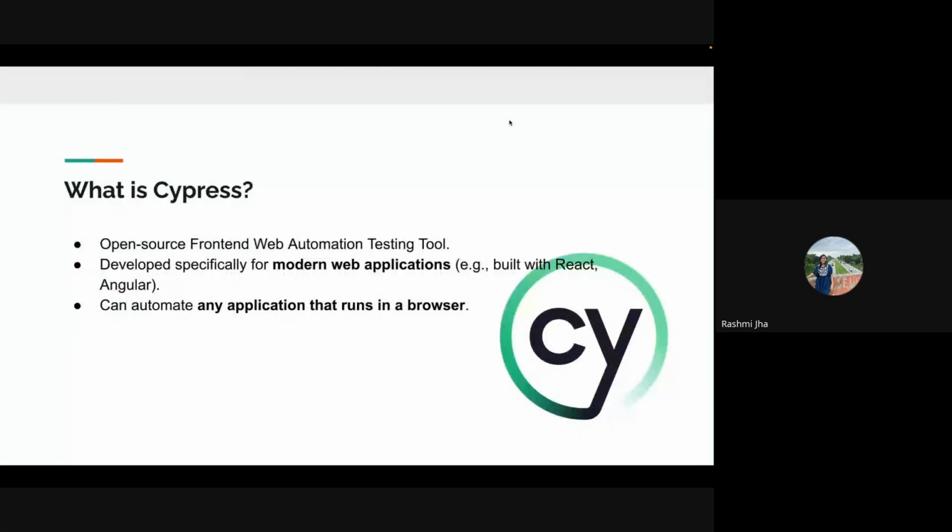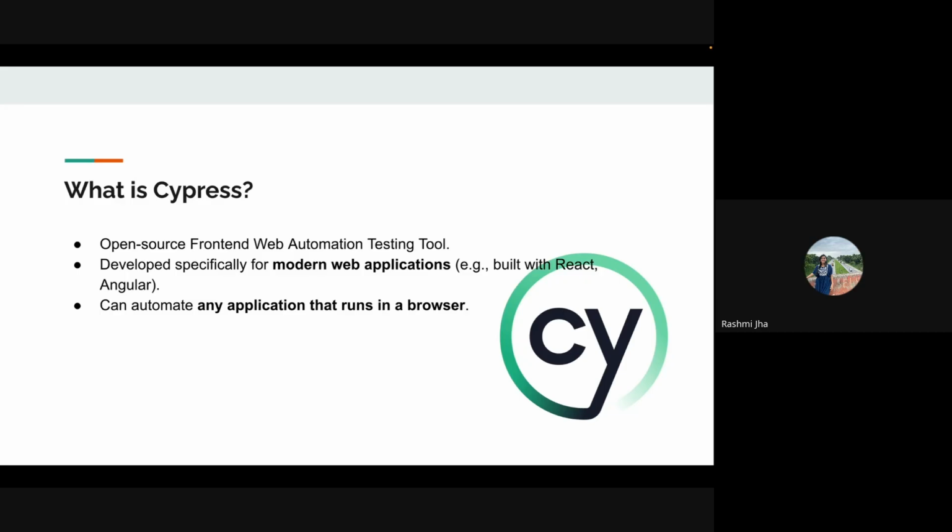Now, coming to what is Cypress. Cypress is a front-end web automation testing tool, and it's open source, and it is developed for modern web applications. Previously applications were developed using static HTML, CSS, and some pieces of JavaScript. But now React.js and AngularJS frameworks are used in web application development, and those web applications are called modern web applications.